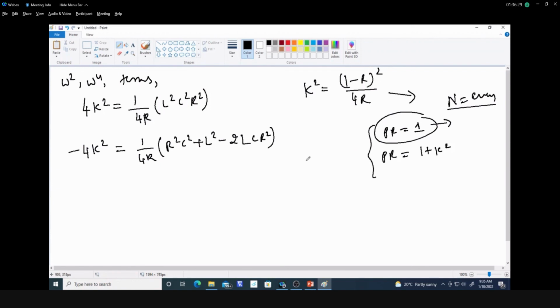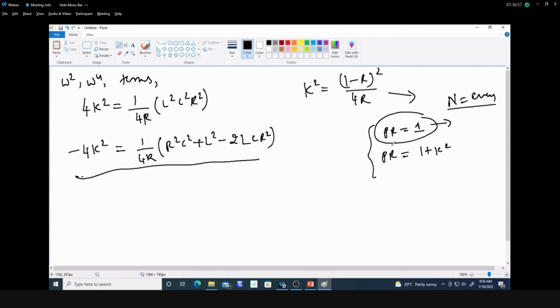Okay, so that is how you can find out the L and C values from this expression. Again, whatever we did, based on the k value we are going to get the L and C values. If you add these two equations, you will get the values of L and C. Like that we can find out the values of L and C for this equal ripple filter as well.